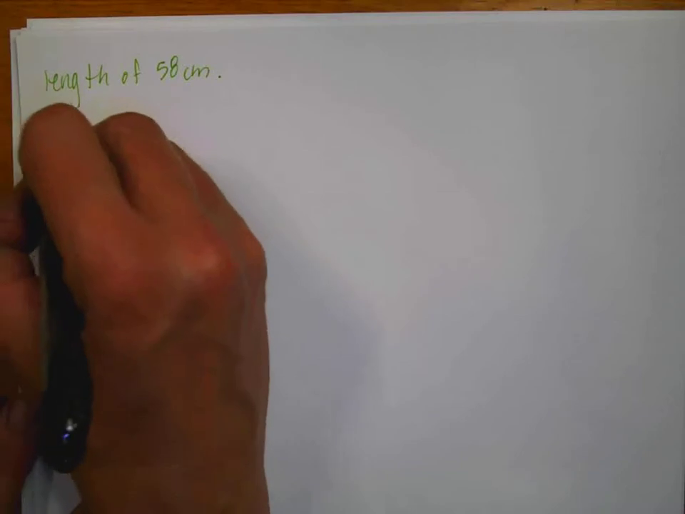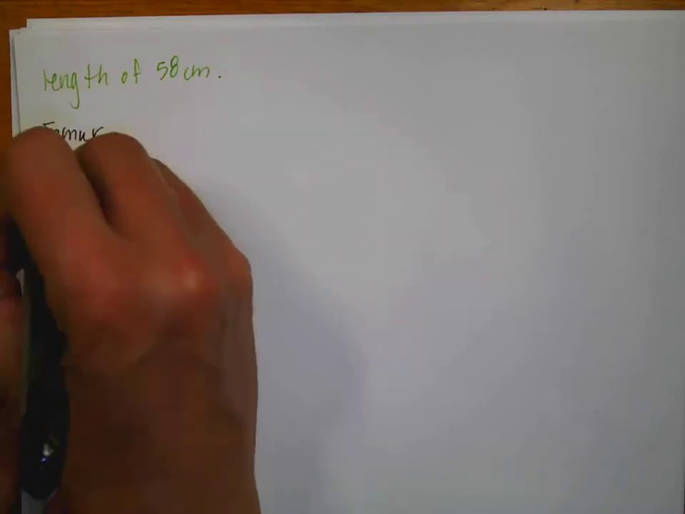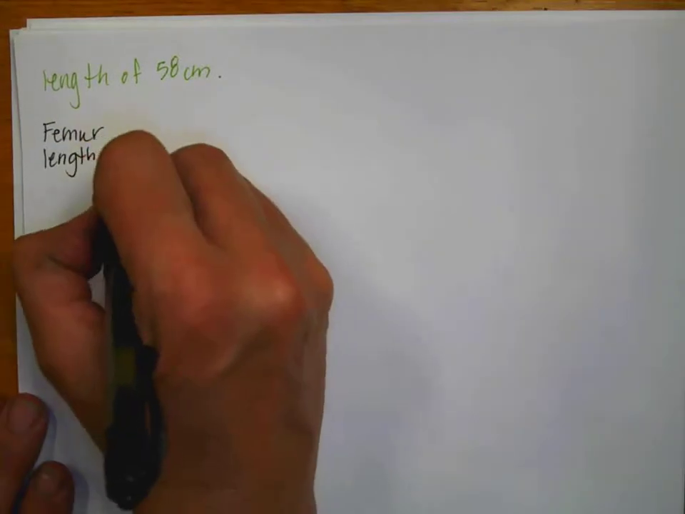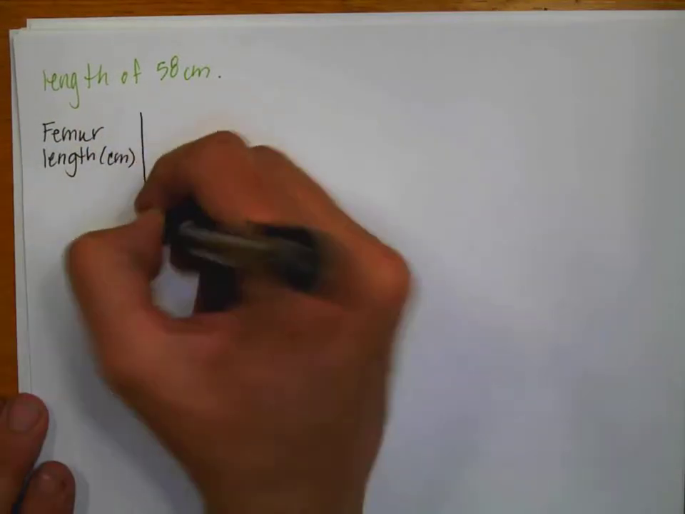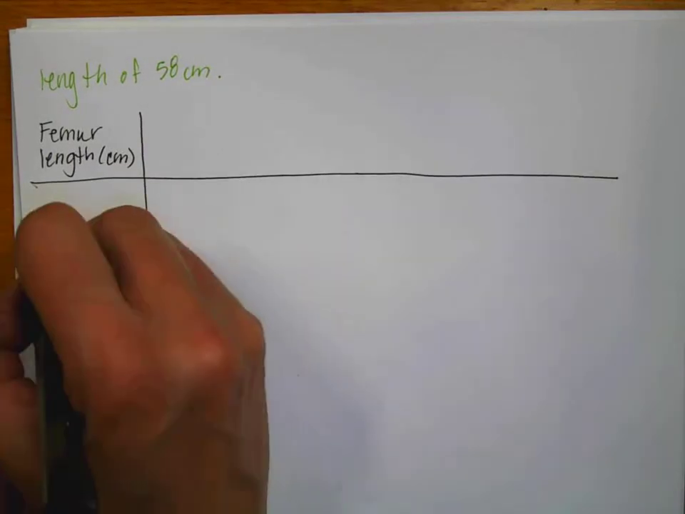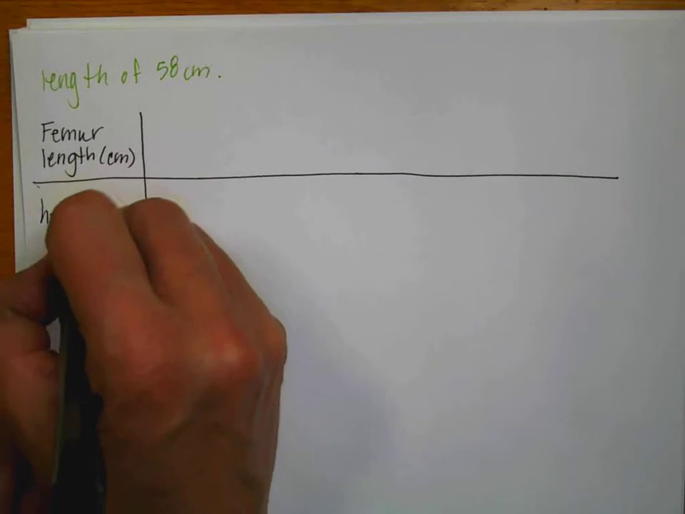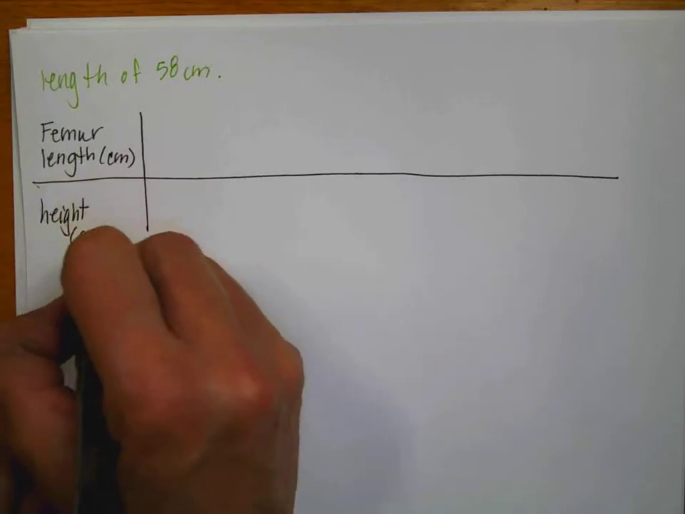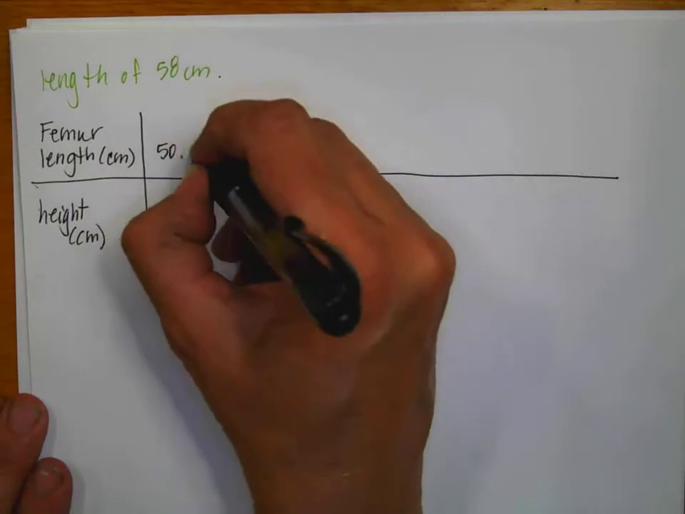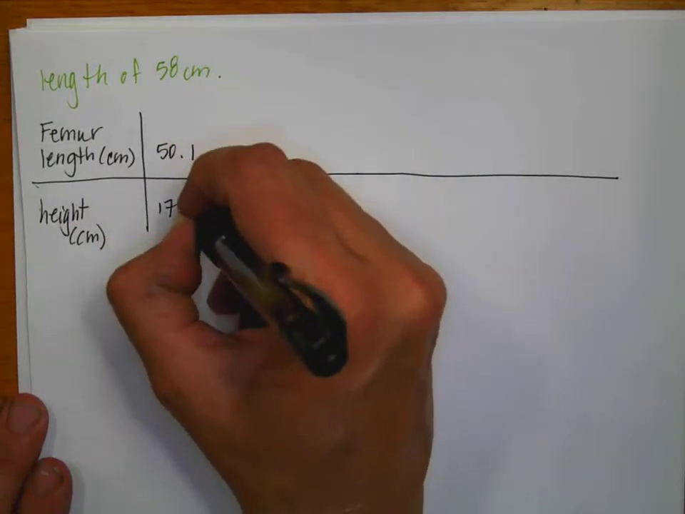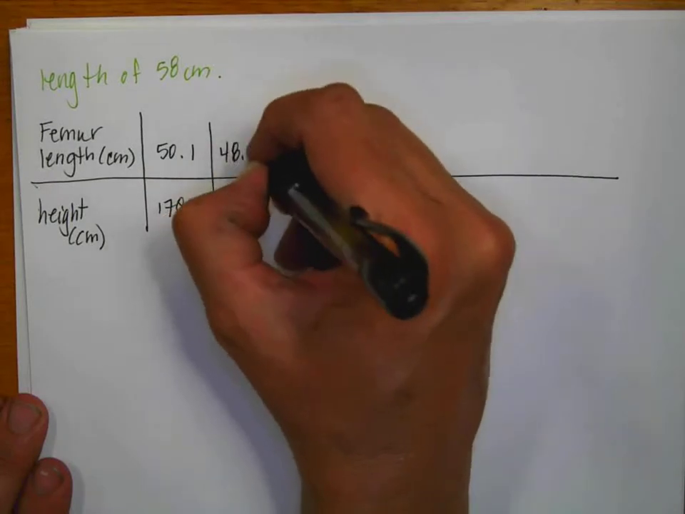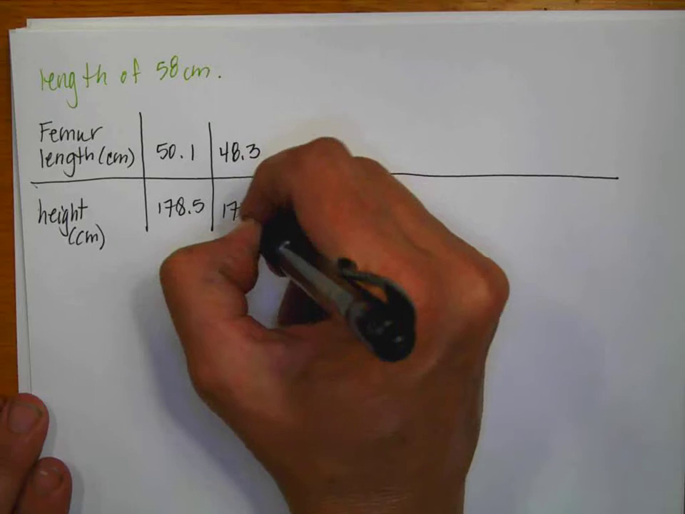So in our table of data, the first column is our femur length. And again, I would recommend that you pause as you need to make sure that you get this written down so you know where all of the values come from as we walk through this example. And here is our height in centimeters. And then I'm going to write down your data points. So I have 50.1, 178.5, 48.3,